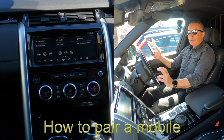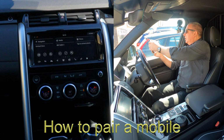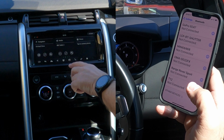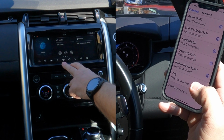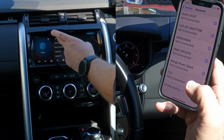Okay, I'll just show you how to pair a mobile to the Bluetooth audio system in this 2018 Land Rover Discovery. The first thing we do is make sure Bluetooth is on, and then we're watching out for the bottom there. So over here you've got telephone there, you've got your audio media system there. If we click on telephone, you'll see a list of phones that are already paired to it, and then pair